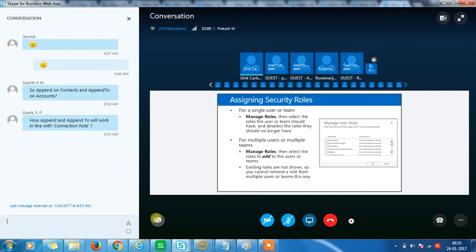I got another question here. How do append and append to work in line with the connection role? So the connection role is its own entity. So the append and append to privileges work in the same manner on the connection role. However, the connection role by itself has nothing to do with the